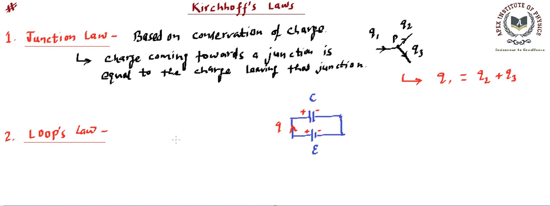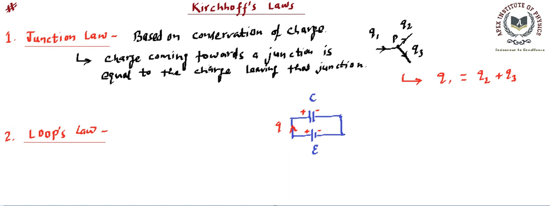What this law says, if we move across a complete closed loop, then from where we are starting we must reach the same point, and we know this point is going to have a particular potential. So if we are starting from this potential and coming back to the same point, we will get the same potential. That means when we move across a loop, the potential difference is going to be zero. So in the path, if we find several elements, we will write the potential difference across all the elements and sum them up. We will find the resultant must be zero.